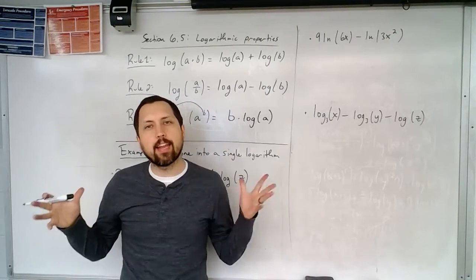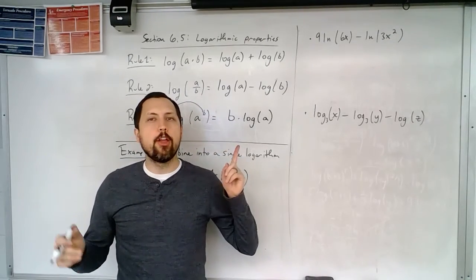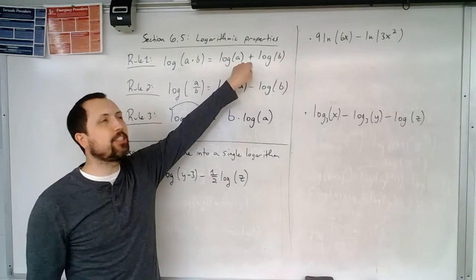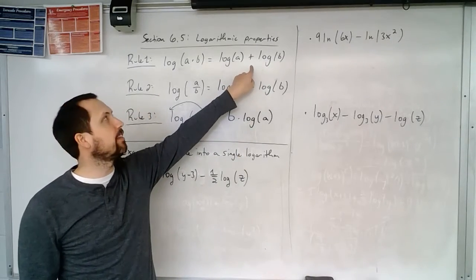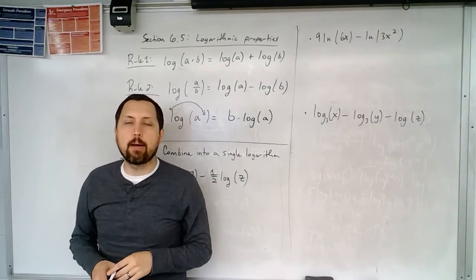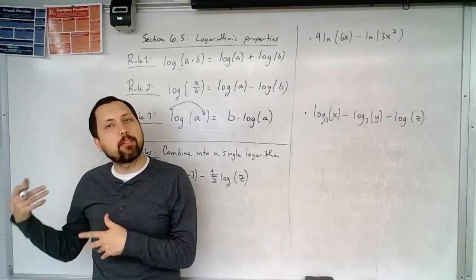We just did expanding logarithms with these rules. Notice we can go in the opposite direction. If I had addition on the outside, I could rewrite that as multiplication on the inside. So we're going to take a look at some examples where now we're going to go in the opposite direction,